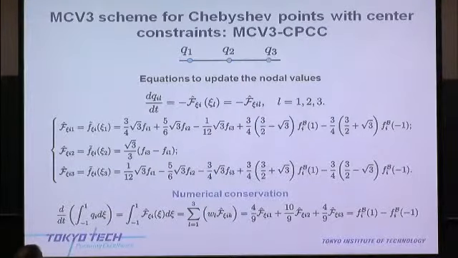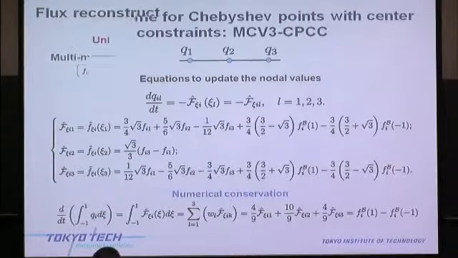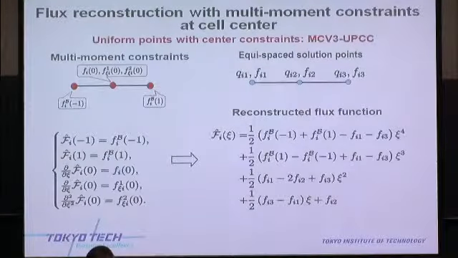You can use this to update the three values at this solution point, and again you can also recover the conservation exactly, and you can choose different solution points. The previous one is just for Chebyshev points. This one is for